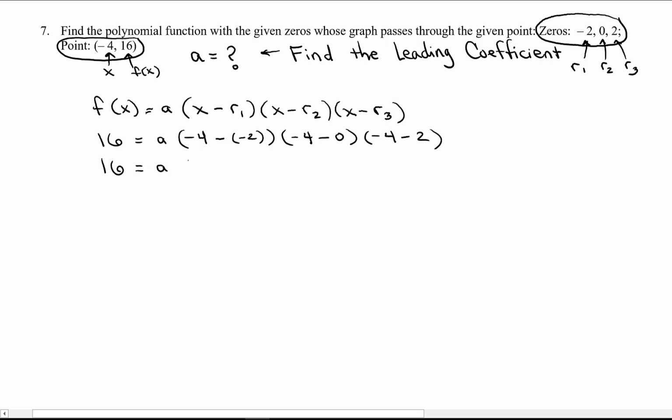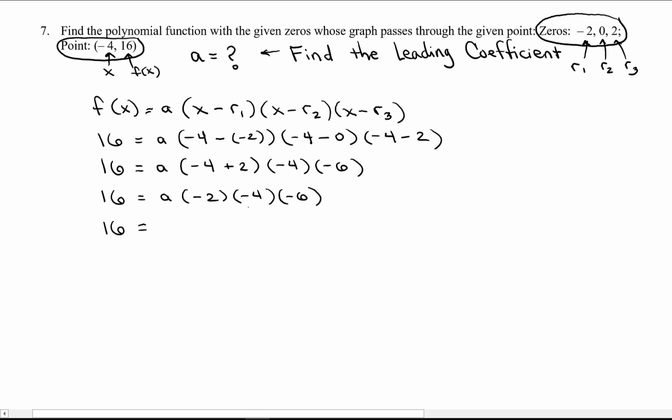Now let's simplify this as much as we possibly can. -4 plus 2 times just -4 times -6. So this is going to be a times -2 times -4 times -6. If I multiply all of those 3 factors together, -2 times -4 times -6, what do I get? Well, -2 times -4 is +8, and +8 times -6, that's going to give me a -48. So we're going to go ahead and write -48a. Let's divide both sides by that -48. So if I divide both sides by -48, I'm going to get 16 divided by -48, and that will reduce to,